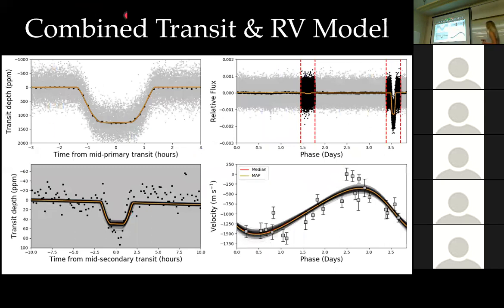So on the left here, you'll see something similar to what I showed earlier. We have the time from mid-transit of the primary on top, time from mid-transit of the secondary on the bottom here. The data is shown in gray, and then I've also binned data shown by those black squares you can see here. On the upper right-hand corner was kind of just a sanity check panel. This is the entire light curve, and I phase folded it to the period of the planet. So this is essentially just that blown out. This is the secondary eclipse, and this is the primary here.